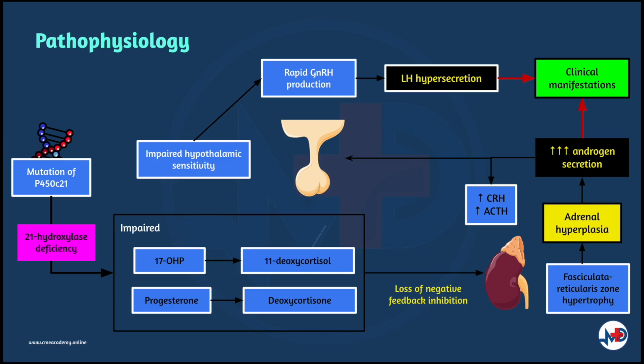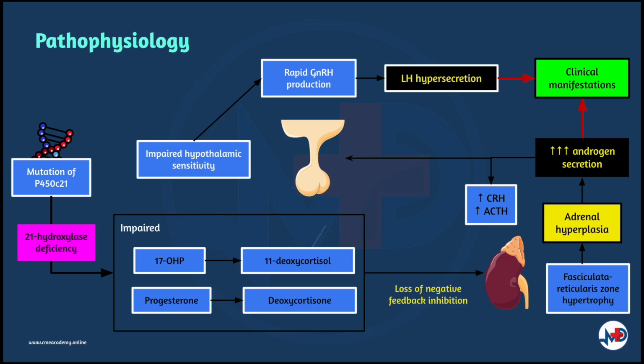Excessive ACTH stimulation also results in zona fasciculata and reticularis hypertrophy, causing adrenal hyperplasia and possibly increased adrenocortical nodularity. To bear in mind that individuals with late-onset congenital adrenal hyperplasia generally have adequate mineralocorticoid secretion. This then causes increased androgen secretion, impairing the hypothalamic sensitivity to progesterone. Thus, there is a persistently rapid GnRH production favoring LH hypersecretion and hence giving rise to the clinical manifestations